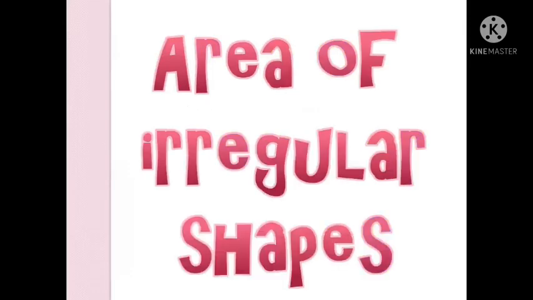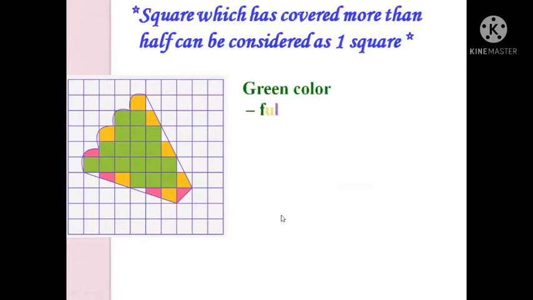Now we are going to learn area of irregular shapes. If it is polygons, polygon means the shape which is made with straight lines, so we could use the previous terms. When we have to find the area of irregular shapes, see here, the shape has straight lines and also curves. These shapes are called irregular shapes. The shapes which have curved lines and also straight lines, we can say that they are irregular shapes. How to find it? For that,